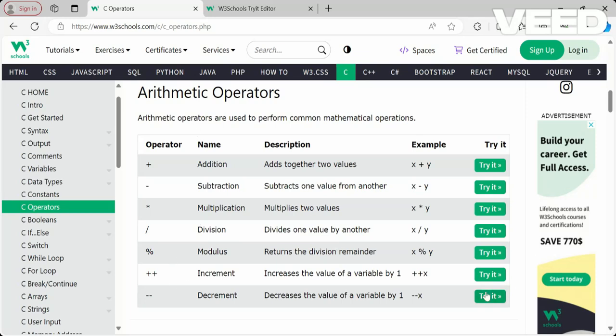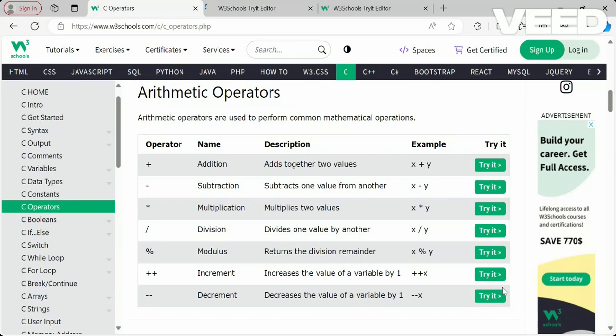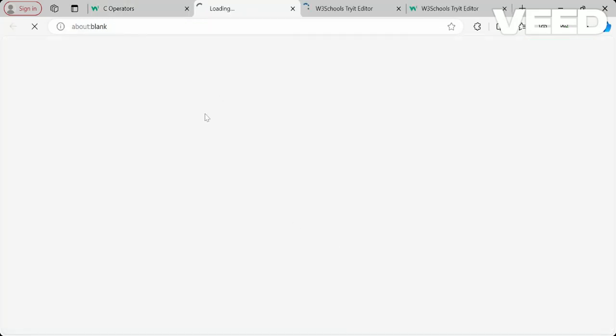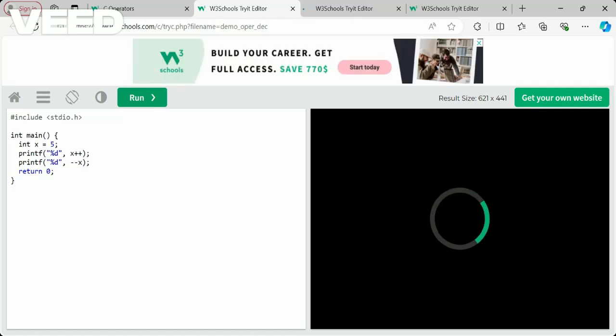Plus plus increment and minus minus decrement increase or decrease by one value. So if we give plus plus x, that will be 6, incremented by one value. If you give minus minus x, that is decremented by one value. So plus plus goes this side and minus minus goes this side. One value decreases for decrement and one value is added for increment. That is nothing but x plus 1, and for minus minus it is x minus 1. So yeah, you understood, right? This is how we'll be doing it.